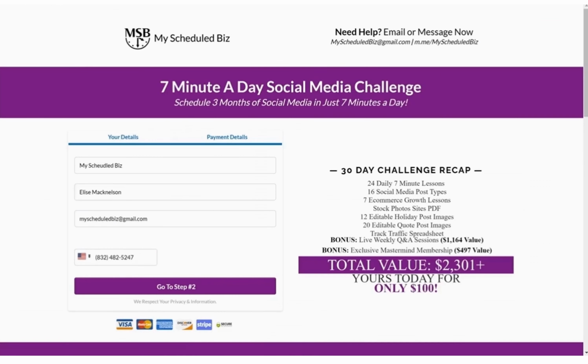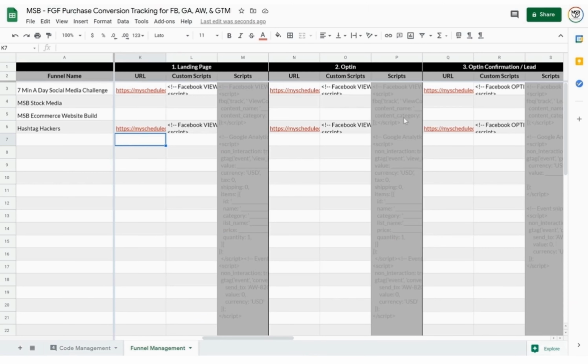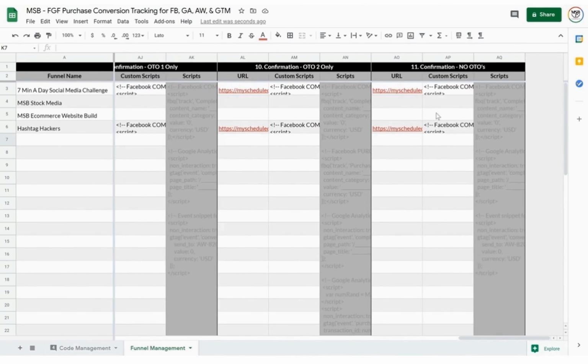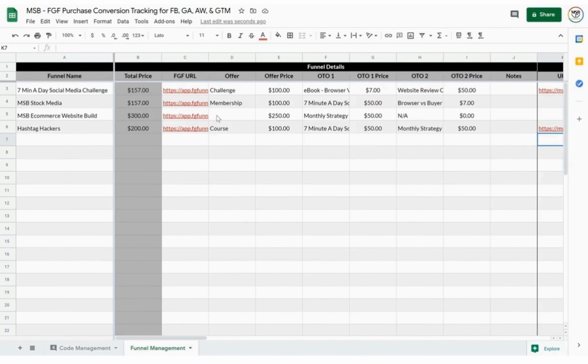So for me, that would be, actually I don't have that one opened, but you would go in and you would copy the link, put it there. So do all your URLs. That's the next thing to do. Copy and paste all your URLs for each step, okay? Once you've gone through and copied and pasted all your URLs, then you're going to have to actually edit your